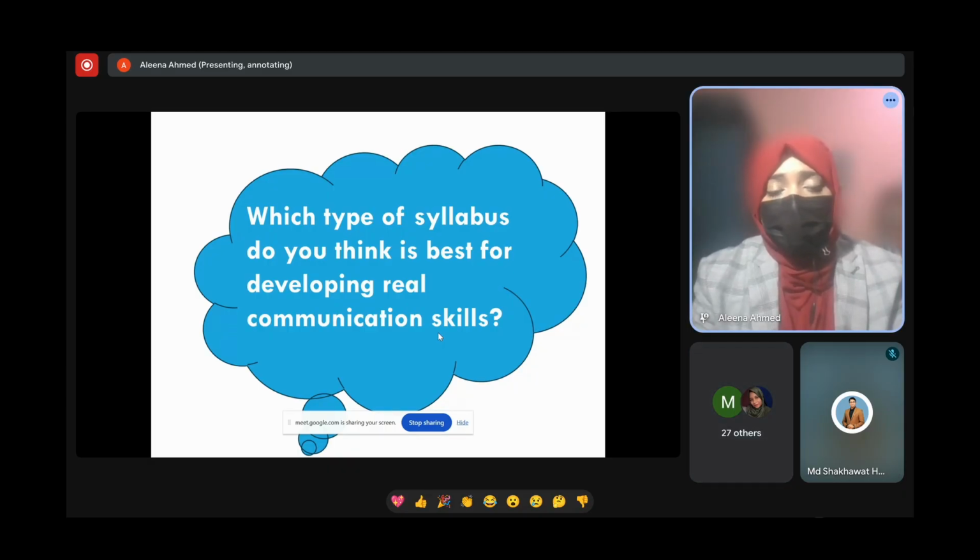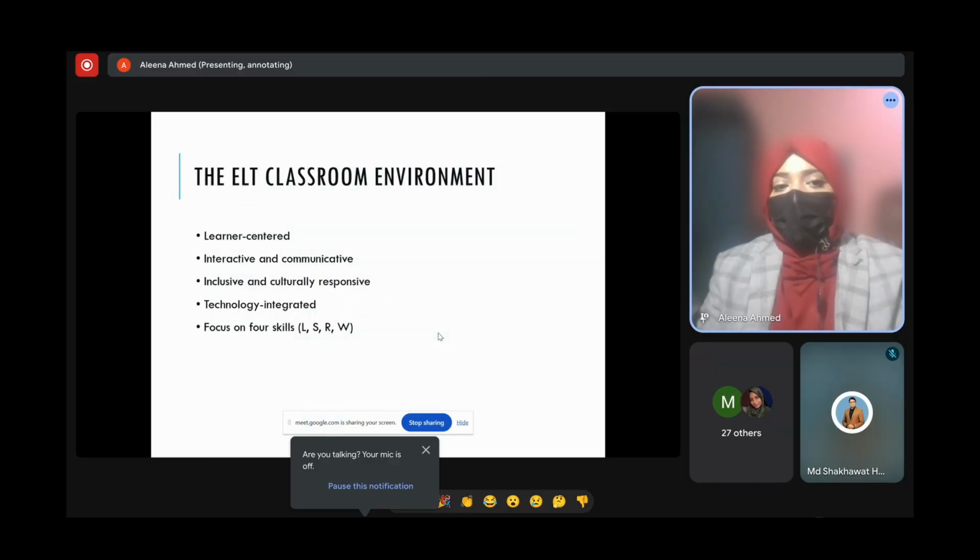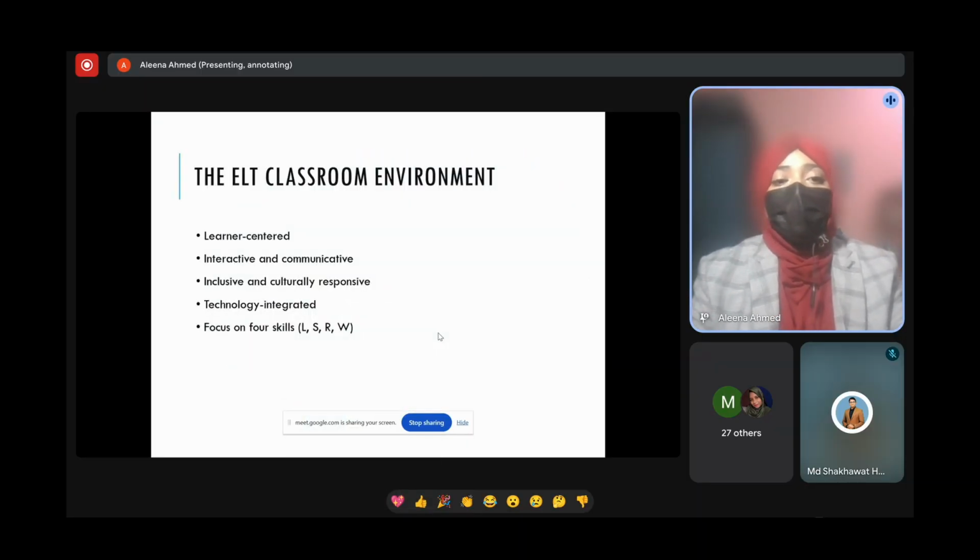Yeah, definitely. But with the comparison of these two, we have got to know that situational learning may be less effective than task-based learning. It is because some students may not align with those situations, right? So task-based language teaching is, we have got to know, more effective than the other types of syllabuses. So we have got to know what kind of syllabus we should implement in the classroom, and what should be the methodology to teach that syllabus.